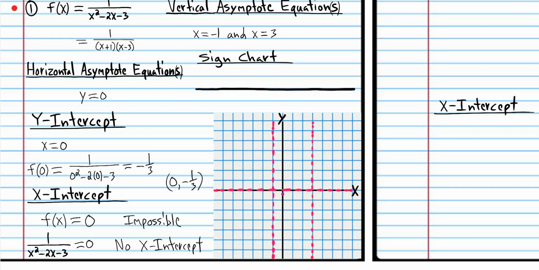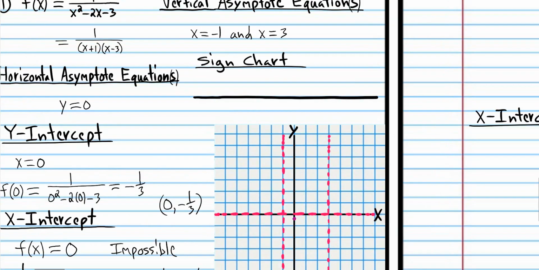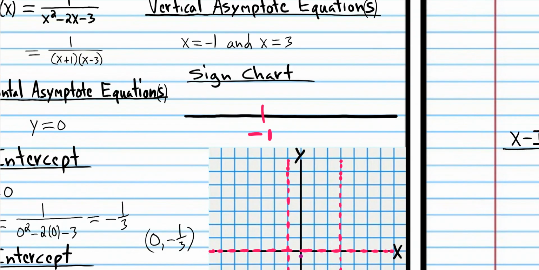Those characteristics of the graph tell us when the graph is going to be above the x-axis, or you can think of them as places where the graph could possibly change from being above the x-axis to below, or vice versa. So let's mark the locations of the vertical asymptotes, and now